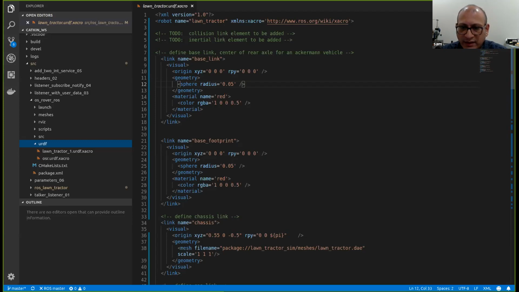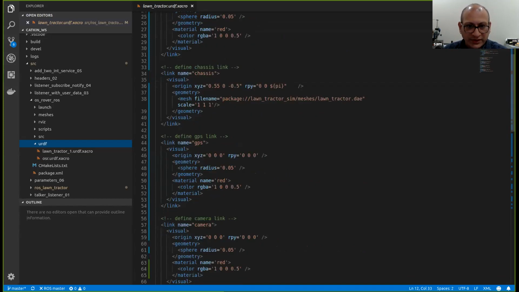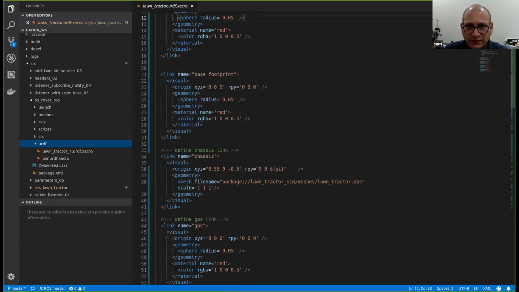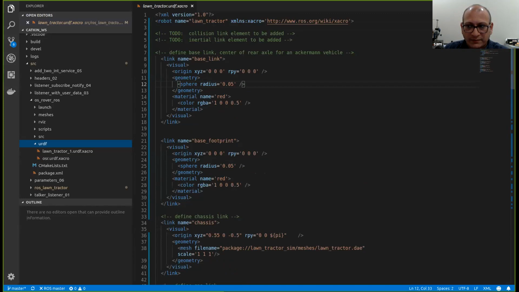And then we wanted to also put the camera link and the GPS link. There's no laser at this point. So all of these links we wanted to put into the kinematic frame,